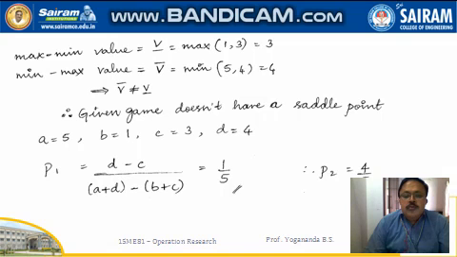equal to 4. So substituting the values of A, B, C, D in the probability and the value of the game equations, we are getting probability P as 1 by 5. That is, if this particular game is played 5 times, player A will go for his first strategy 1 time and he will go for his second strategy 4 times. So 5 minus 1, 4 times. So the probability 1 minus p is 1 minus 1 by 5, so that is